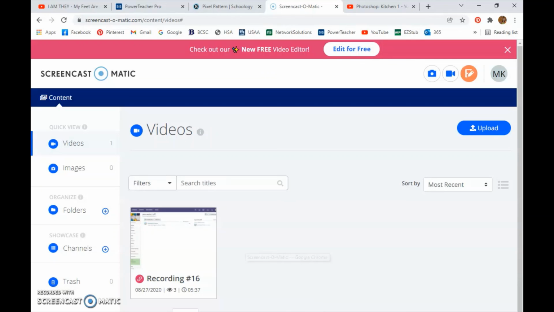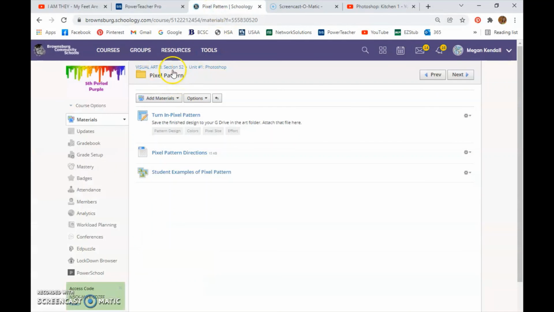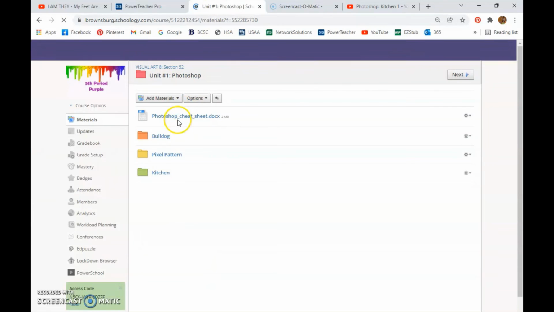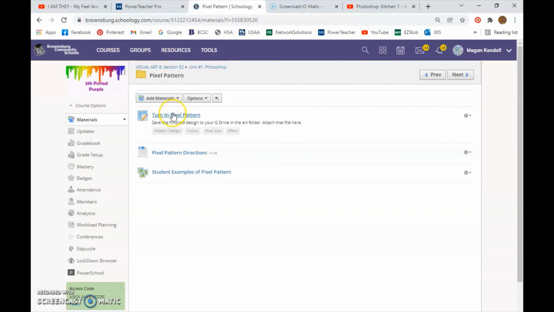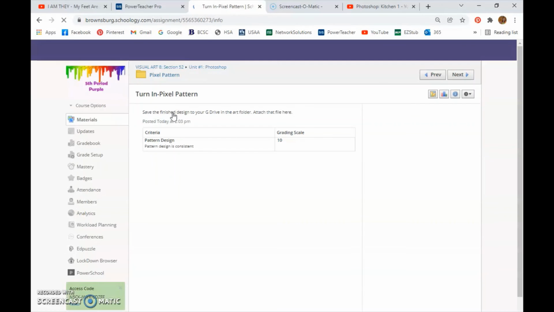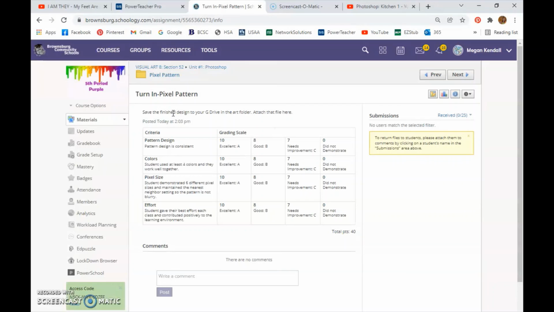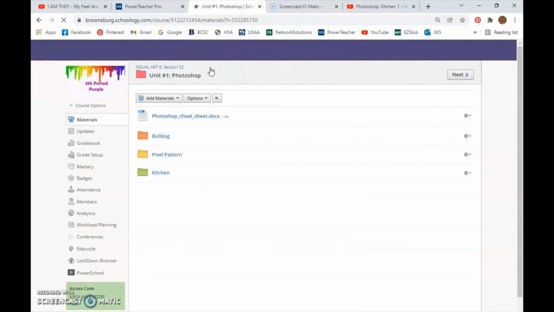Then what you're going to do is go over to Schoology, and in your Photoshop folder, you're going to open up Pixel Pattern. Then you're going to click Turn in Pixel Pattern. You can review the grading rubric and what I'm looking for. You will have a Submit button over here that you're going to link that finished file to submit me a final copy. Then, if there's still class time left, then you're going to open up the kitchen folder and you're going to watch that video, get the direction sheet from the substitute, and then you'll follow those directions and start